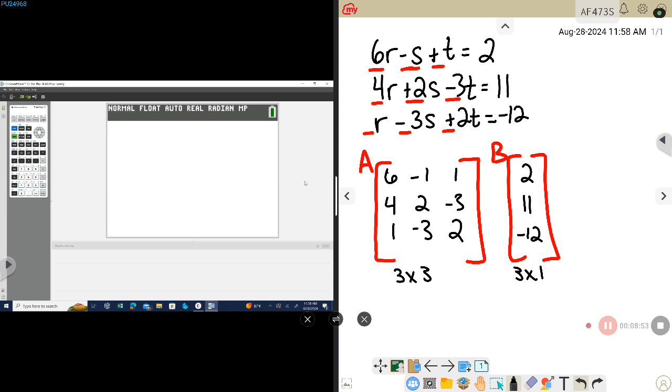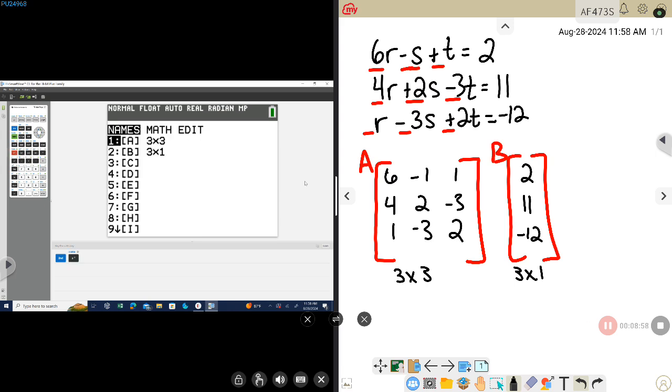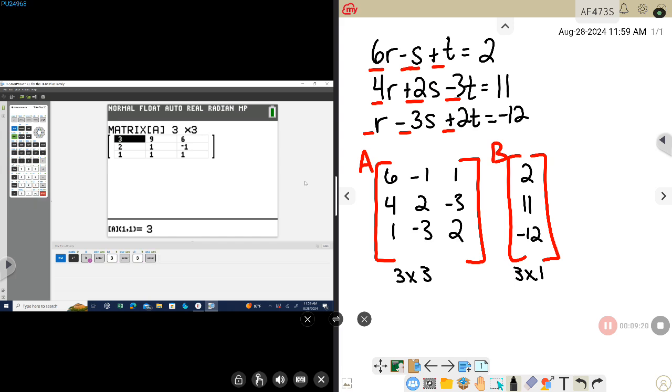So again, second matrix. So you'll notice that it still has the A and B matrices that I created for the last problem. So you're just going to go over to edit, because remember, you're making a new matrix right now. So edit matrix A. So it is still a 3 by 3. So 3, enter, 3, enter. So I'm just going to put these new numbers over the old numbers. It'll just replace them. So across the top row, I need 6,